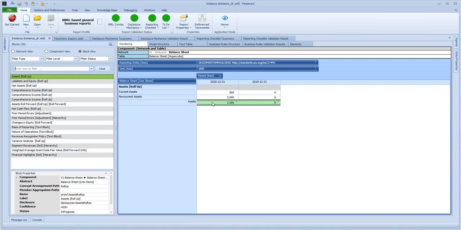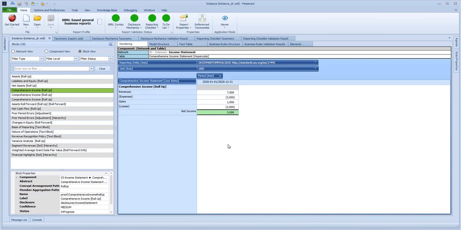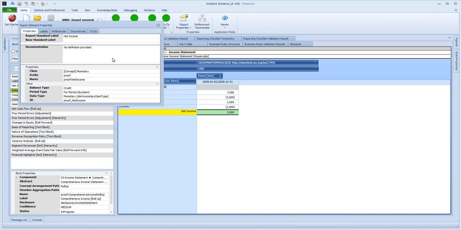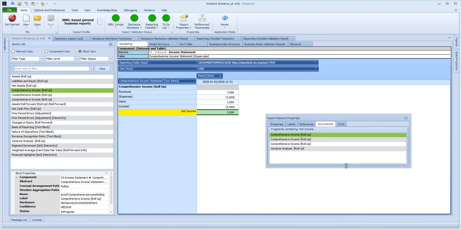Okay, so I'm going to use this one because there are some good intersections. So here, net income. Net income is used in multiple places in this report, but this fact is only in the report one time. If I click on this line item and I go here to this occurrences dialog box,